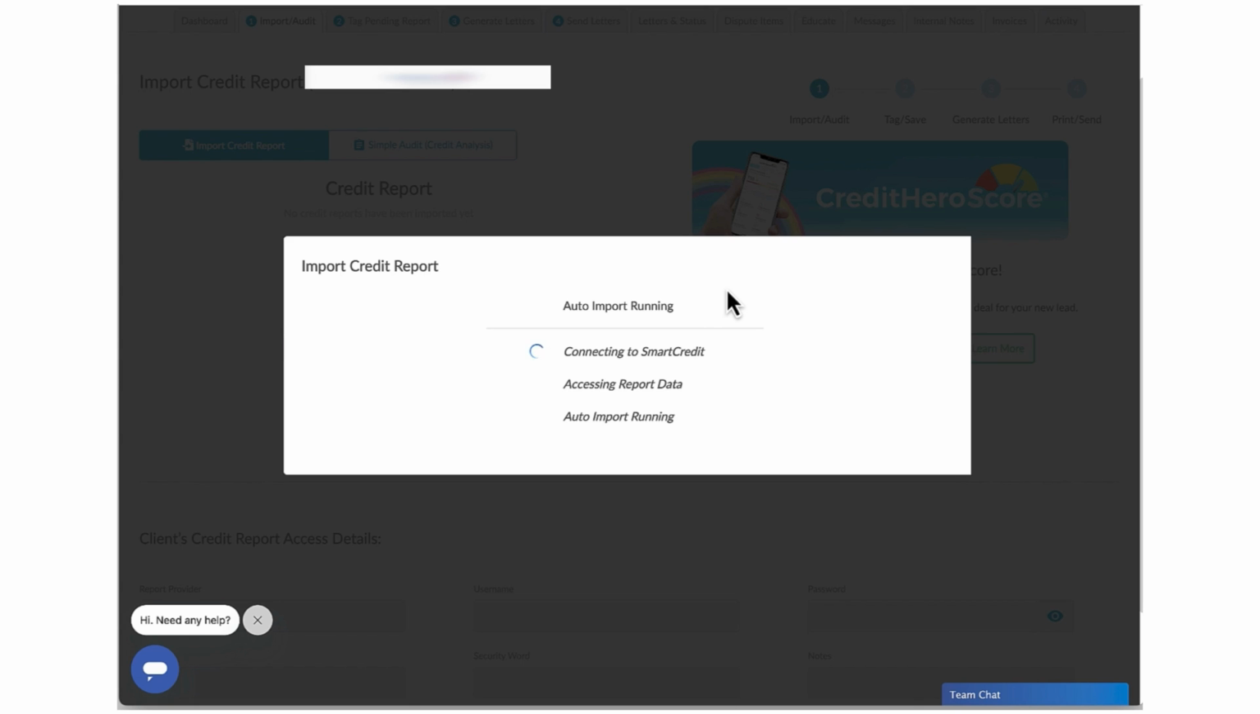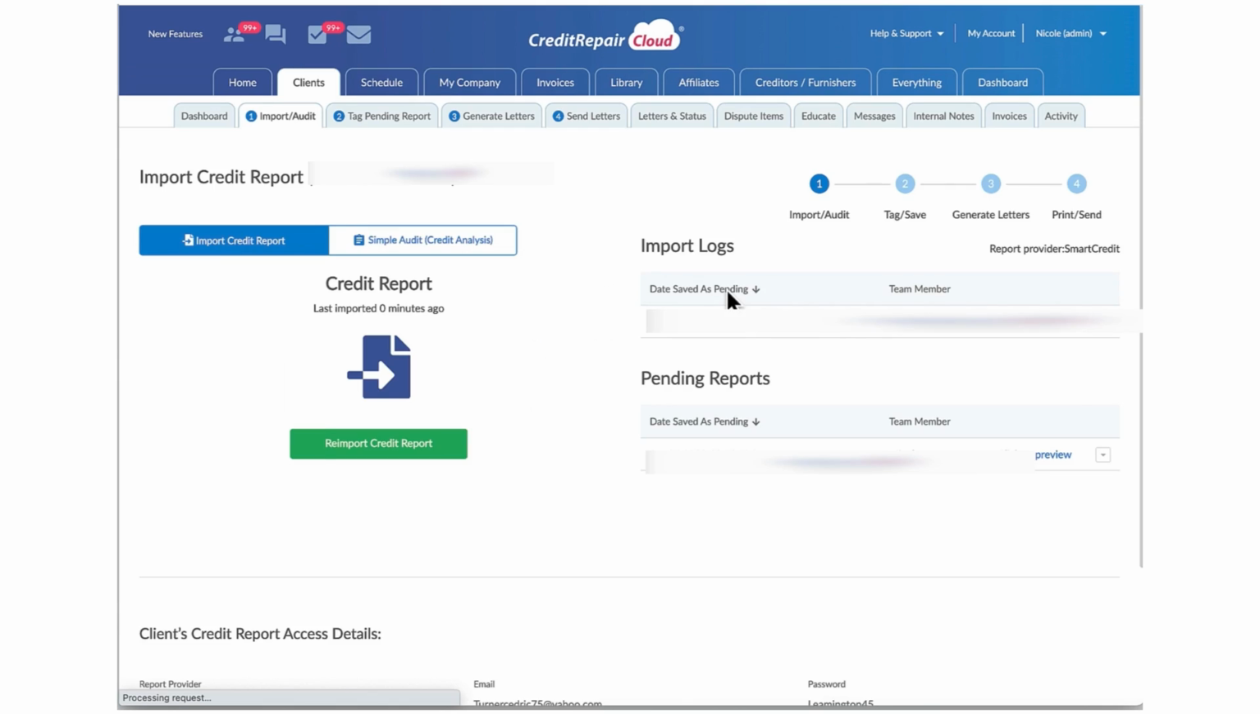It's literally going to bring all of the account data, the account numbers, the account names, inquiries, all of that stuff is going to be brought into Credit Repair Cloud. We'll be able to send this audit to the client to let them know exactly what's on their credit report that we're going to be working on for them. All right, so